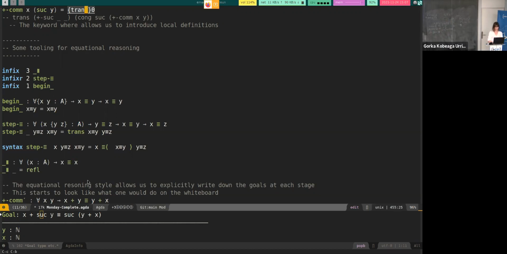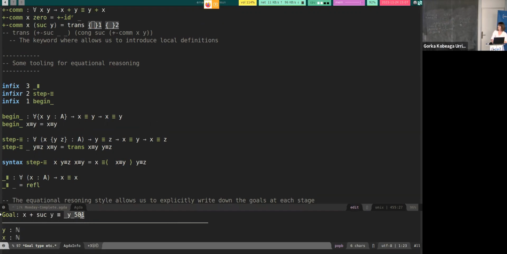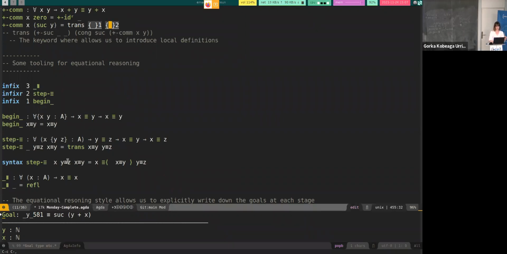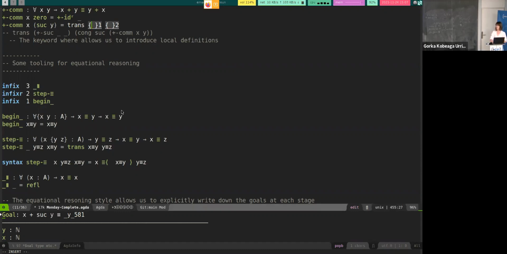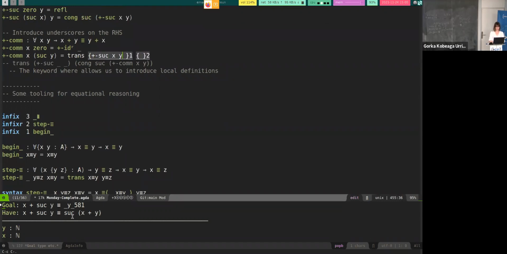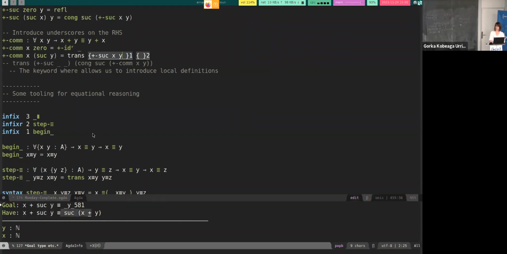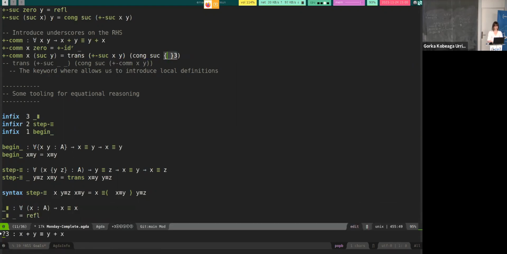and we can use transitivity to do so. So when you say trans, you see that this thing is a variable that Agda has created for you. It can be anything, so Agda does not know about that intermediary type. And you see that on the right hand side argument, the same intermediary type is expected. So 581 and 581. So we'll have to first go somewhere that we don't know yet about, and then go from there to the end. And here, for the first step, we use this plus stack xy, to go from this thing here to this thing there. And once we've done that, we are left with this. And then we can use